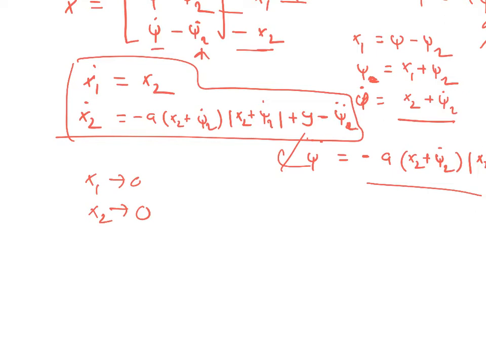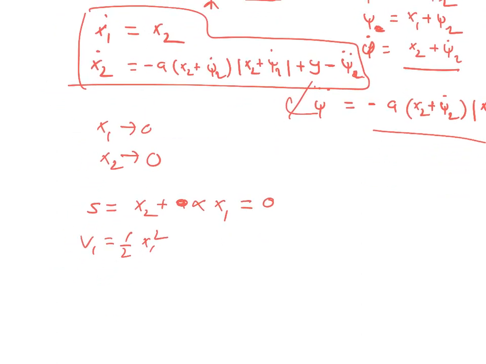So let's define. What I can do is choose a sliding manifold S, which is equal to x2 plus some alpha of x1, right? Same thing, no problem. Which means if V1 equals half x1 squared at the sliding manifold, same, you will see that